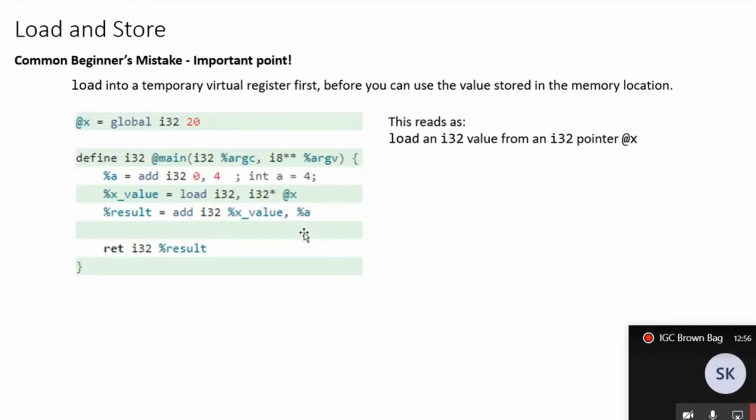But there are intrinsics such as LLVM memcpy that let you copy from one memory location to another without having to go through virtual registers. But I won't be covering this topic today. So that's